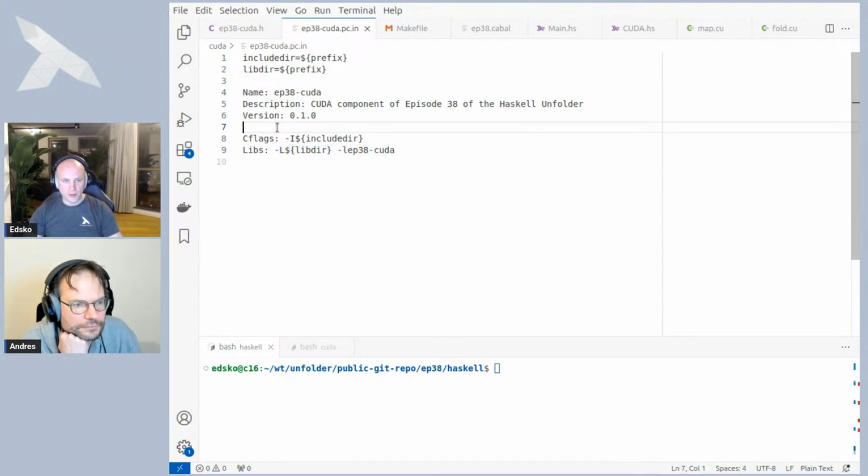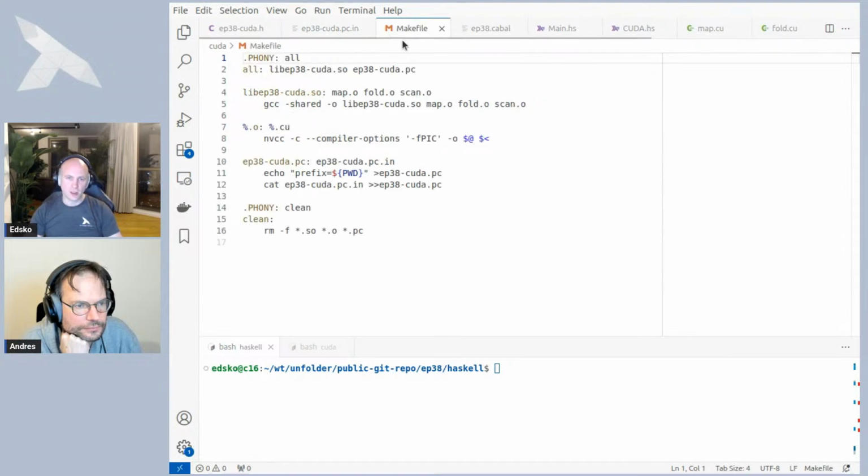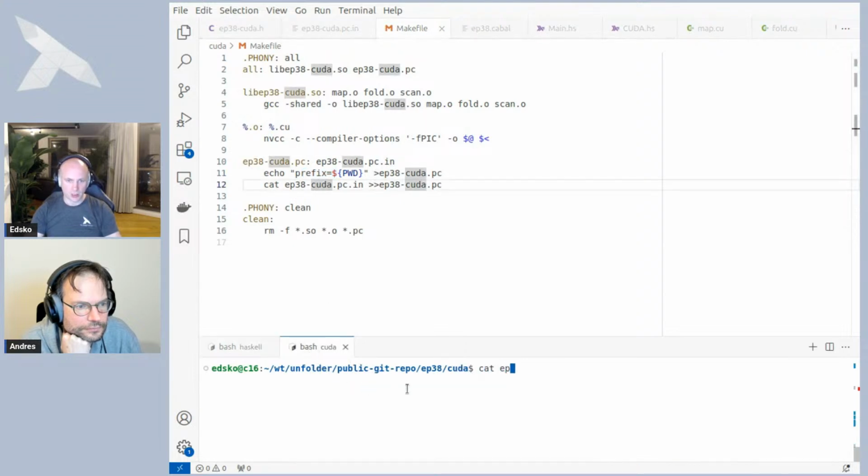And the critical thing here is that the include directory and the lib directory are both defined in terms of some prefix, and I have not defined what that prefix is. So this is an incomplete file. That's why I call it pc.in. And what the makefile does for this small Cuda library is it just constructs a file where the first line is the current working directory of this whole thing, and then the rest is just the rest of this thing here. So if we take a look at what that looks like,